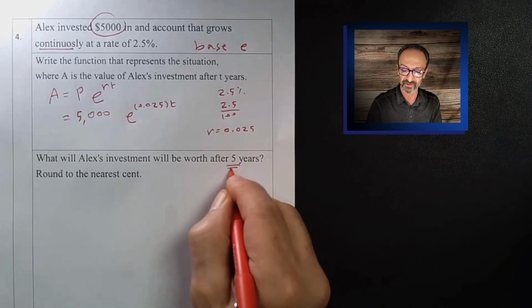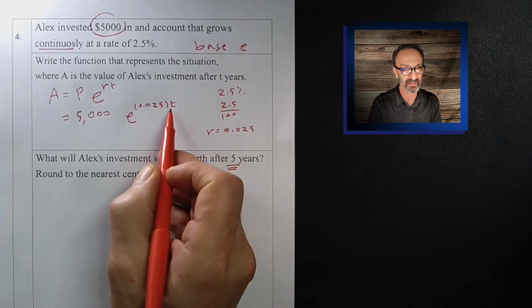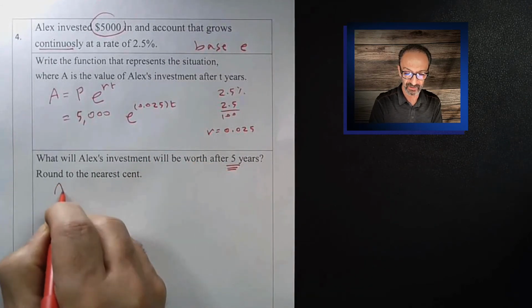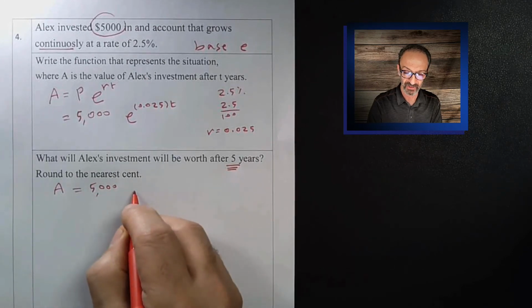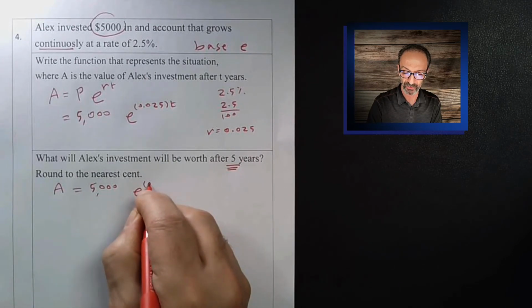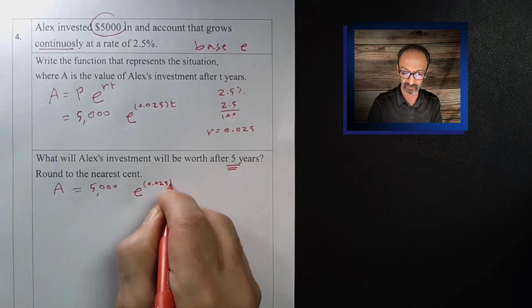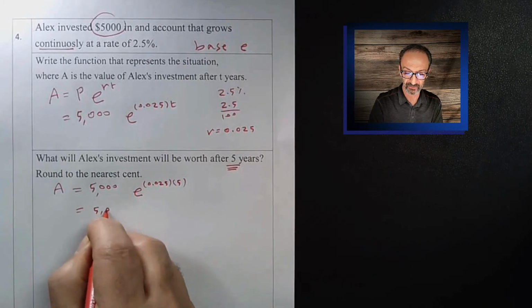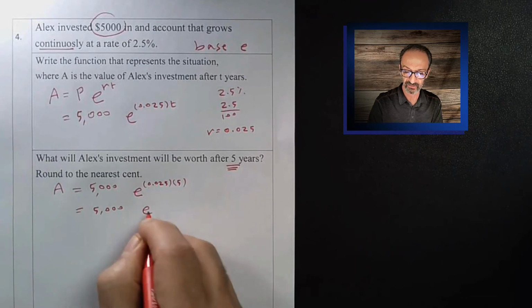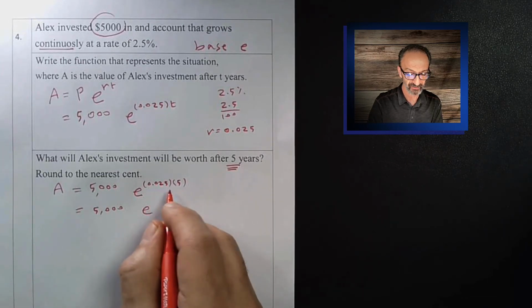For 5 years, we replace t by 5. So A is going to be 5,000 multiplied by e to the power 0.025 times 5,